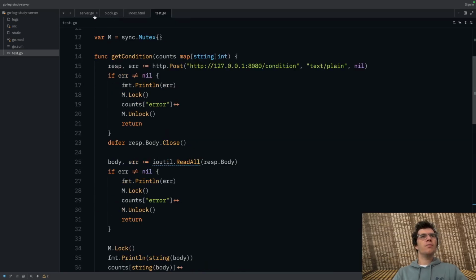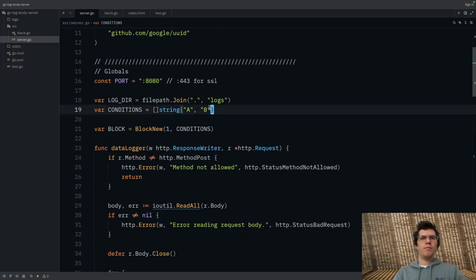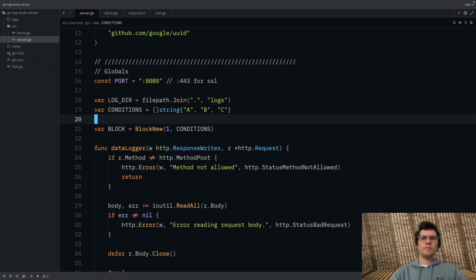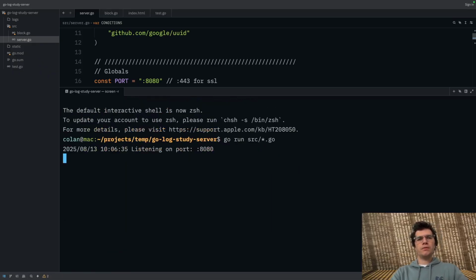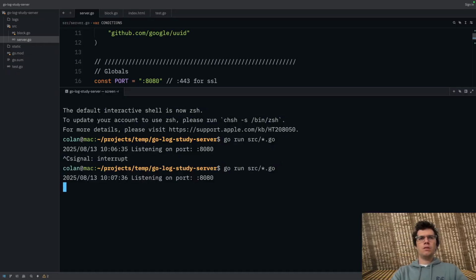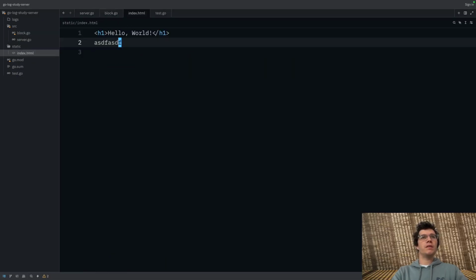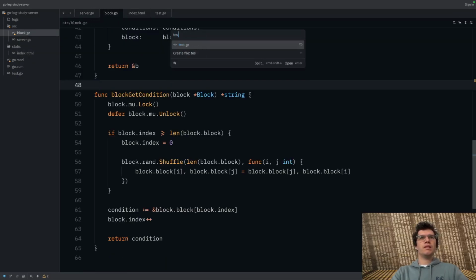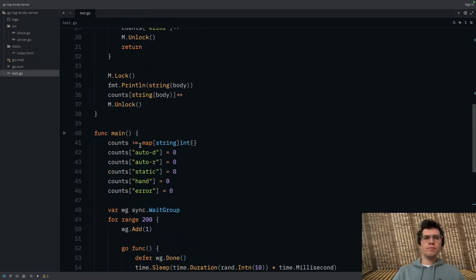In this one, I actually want to change this to be ABC. Yeah, ABC. So I'm going to reattach real quick, restart the server, go run. If I do go run test.go, it's not going to work yet because we're not testing for the right thing, but let's look at the test I wrote beforehand so we can see it.